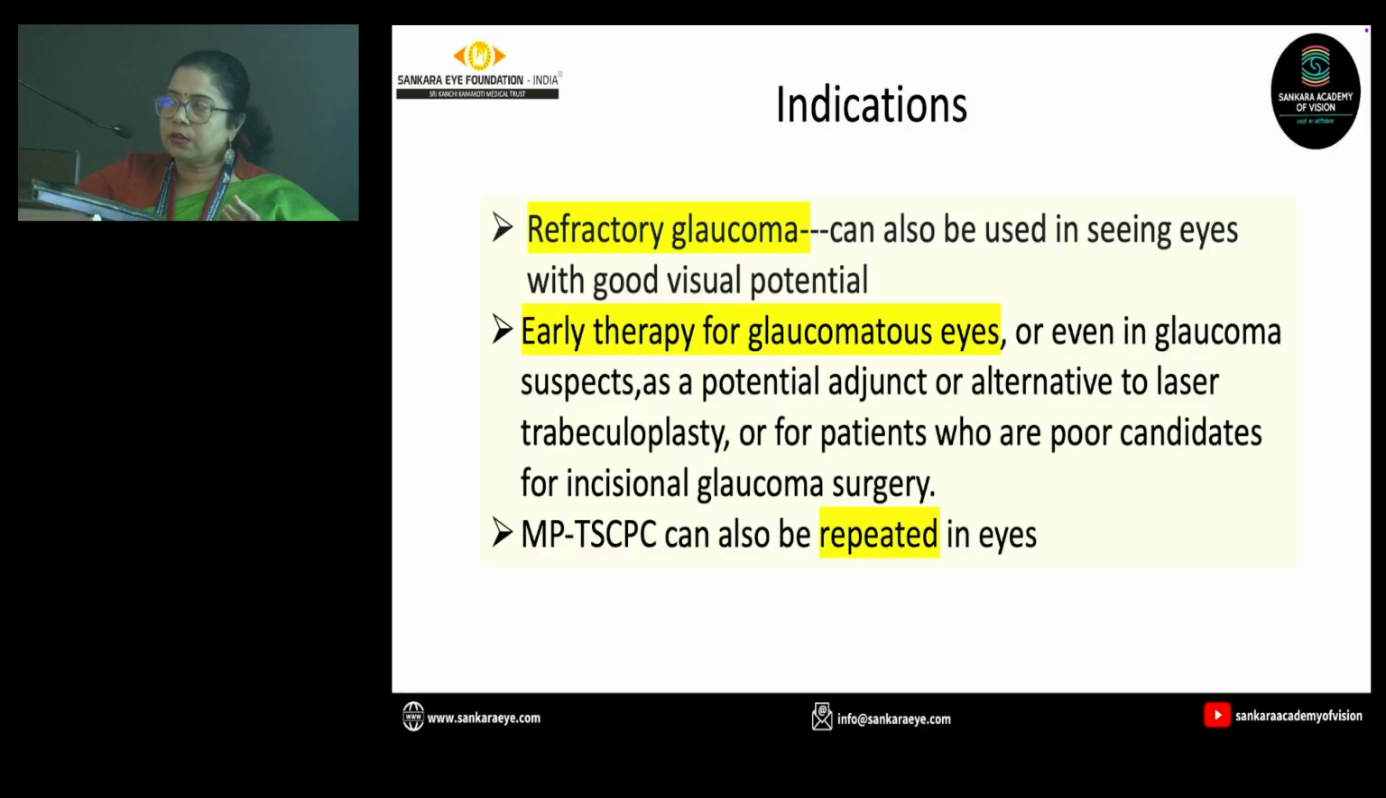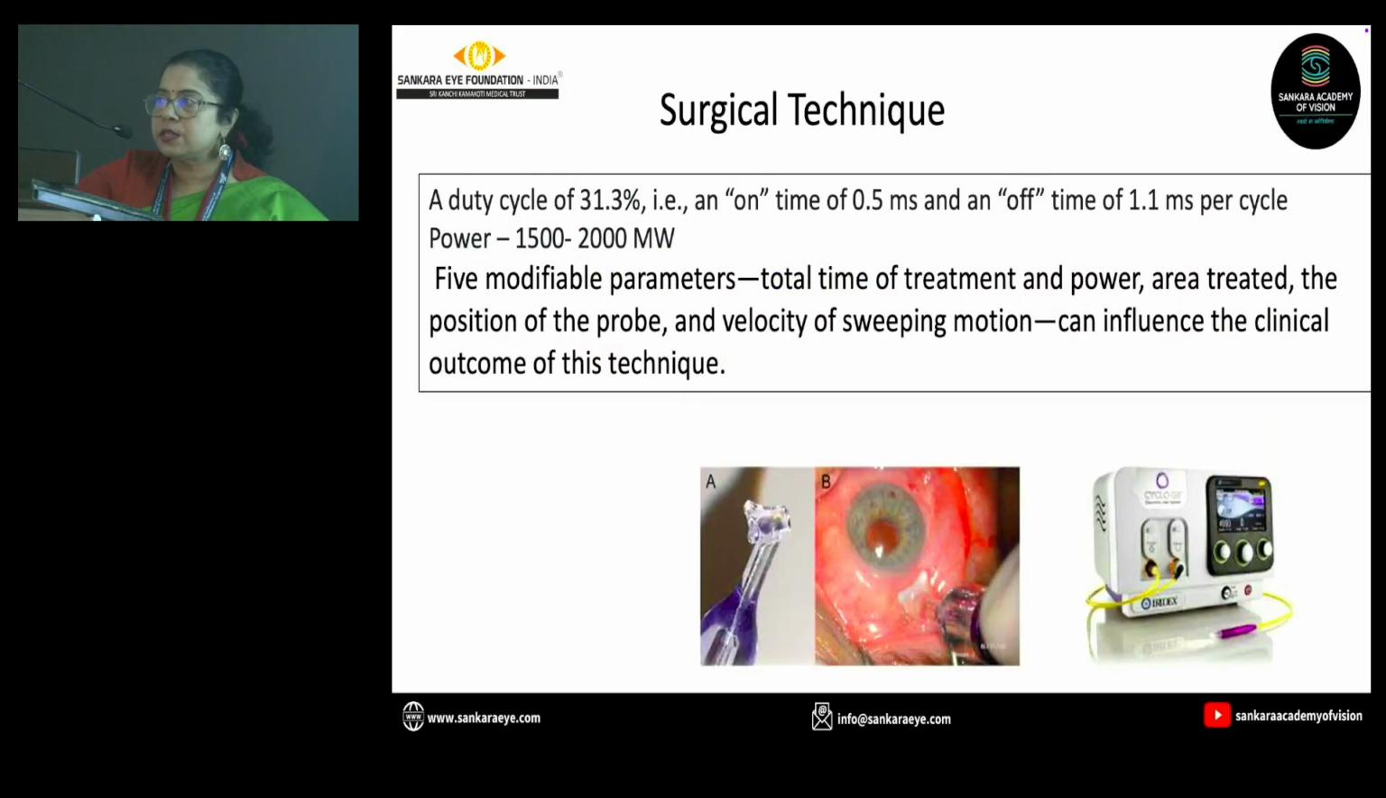So as Dr. Nimita was telling, when we started diode cyclophotocoagulation, it was mainly for refractory glaucoma. If you see micropulse diode laser photocoagulation, it can be used for early therapy of glaucomatous eyes also. More and more people are using it in early therapy also, and the best part is it can be repeated in eyes. The surgical technique, again, there's a duty cycle which is around 31.3, and this is the latest probe